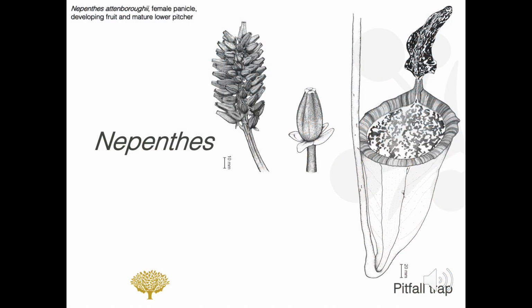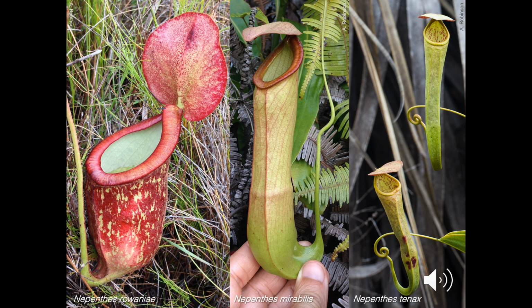We now move on to the tropical pitcher plants. This is a group of about 150 species spread mainly across Southeast Asia, with some ancestral outlying species in Madagascar, the Seychelles, India, and on New Caledonia. Nepenthes is present in Australia, but only in tropical Queensland. There are currently 3 species of Nepenthes recognized in Australia, though genetic work is being carried out to determine whether they are good species or just one highly variable one.